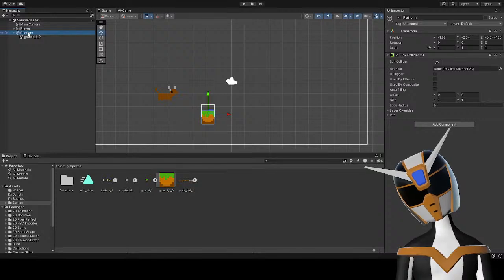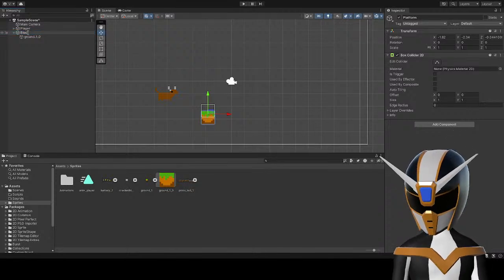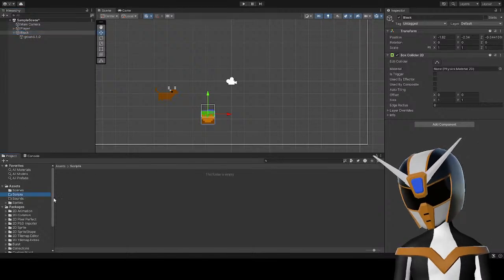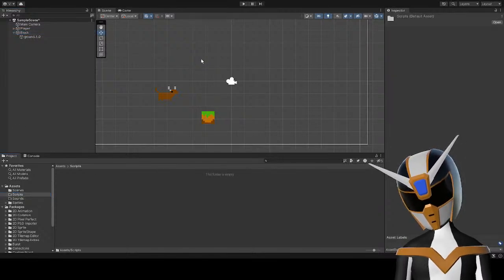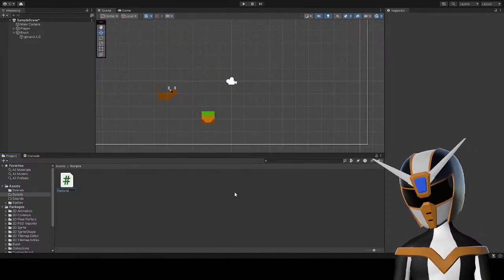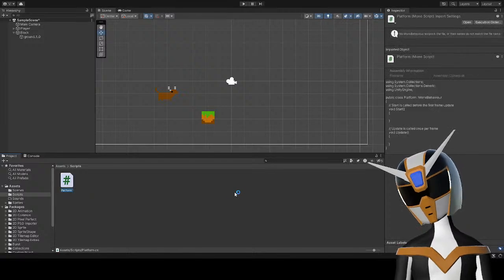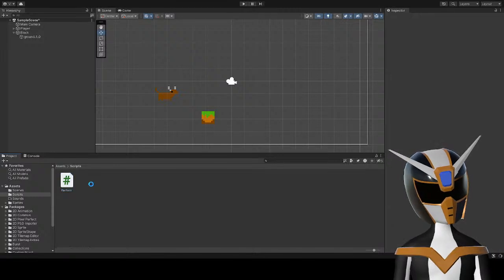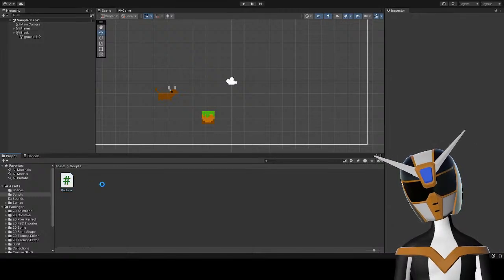I'm just going to call this a block, not a platform, because a platform will be a series of blocks. So let's create a script, call it platform. Ooh, my first script.